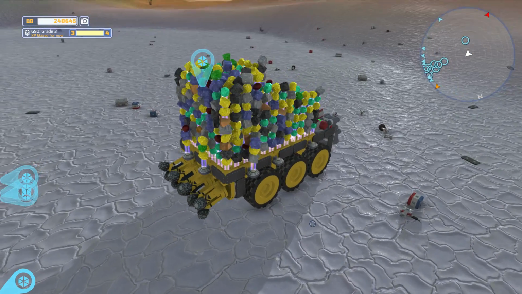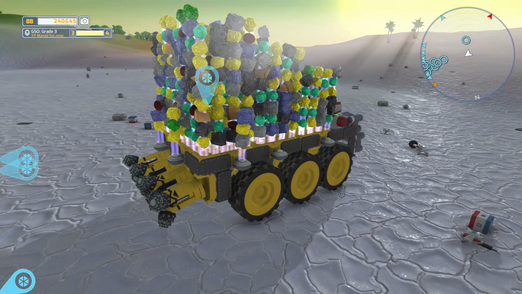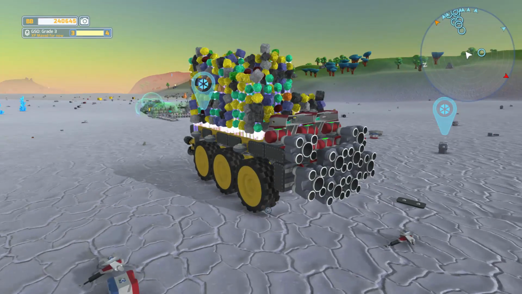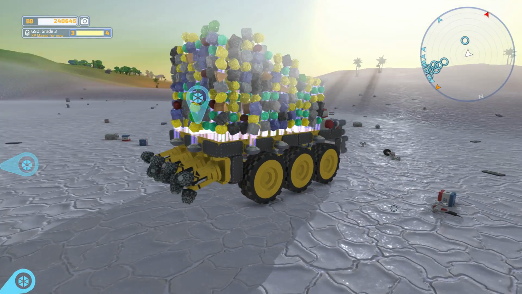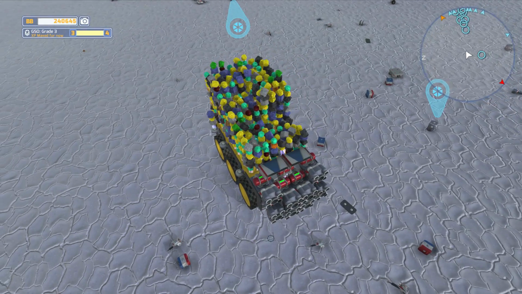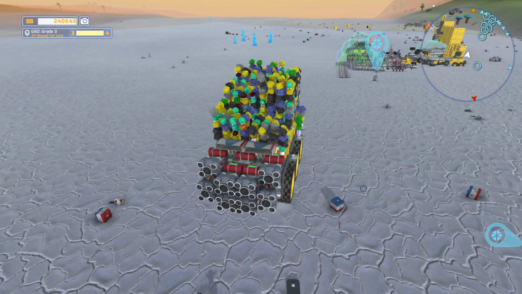I made some minor modifications. I put these tiny receivers on here to help scoop up items that were just laying on the ground as the front two filled up. I think this might be the first and last time I ever do a haul with this. There's some problems with this kind of approach to the game once you start getting into a tech